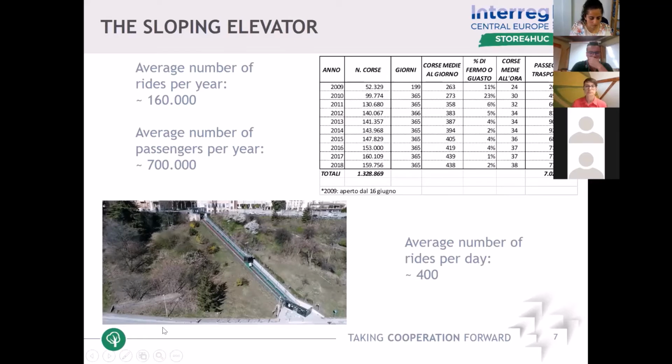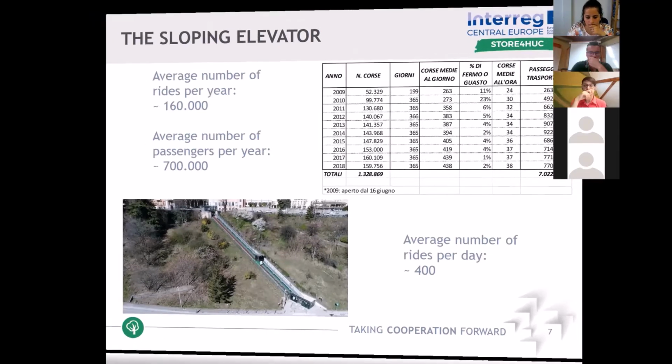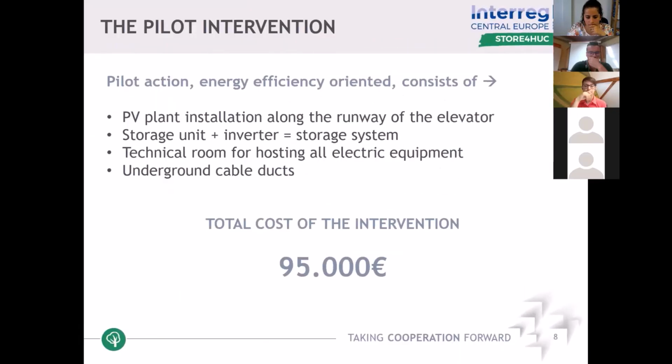So there was always quite a long line of people waiting for their turn to go on the elevator. So this is one of the reasons why the city of Cuneo decided to make the pilot intervention on this sort of facility. The pilot intervention consists of the energy efficiency